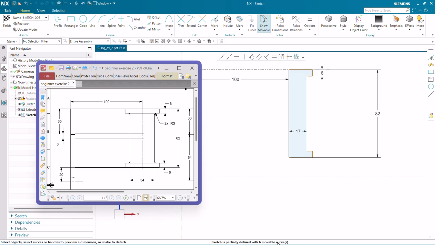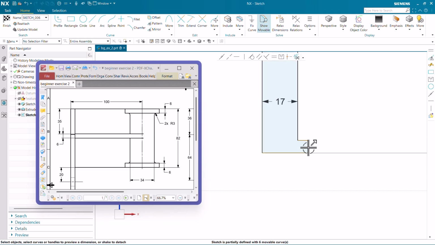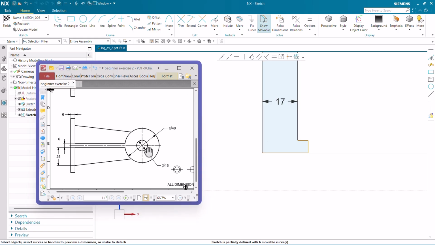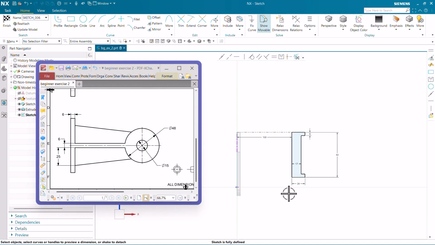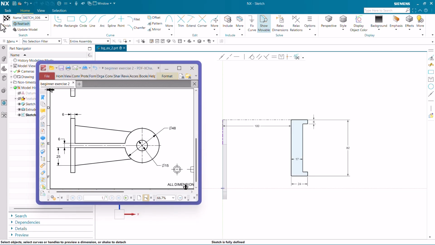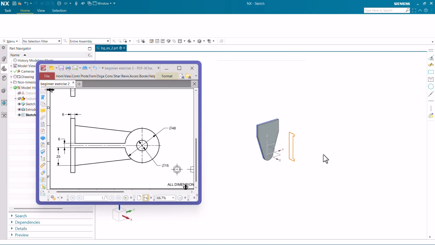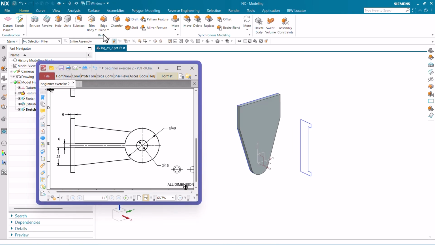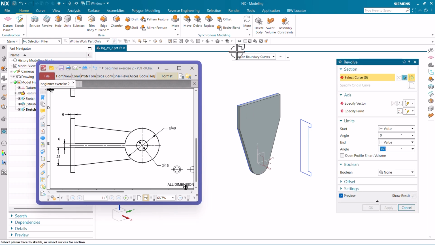Now you can see the sketch is still movable. So for this, we have to give this overall dimension. Now come to this view and here you can see the dia is 48. So 48 by 2 is going to be 24. Although I will write the formula like 48 by 2 and it will automatically calculate this. Now the sketch is fully defined. So just finish it and I'm just going to have the revolve command here, and this is the boundary curves,